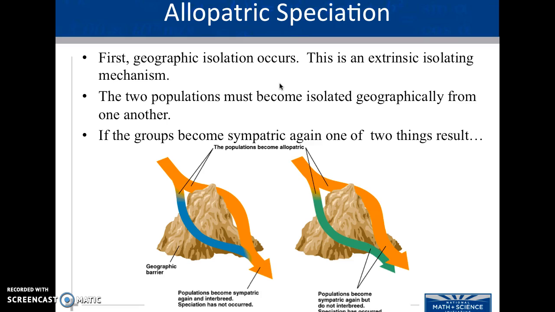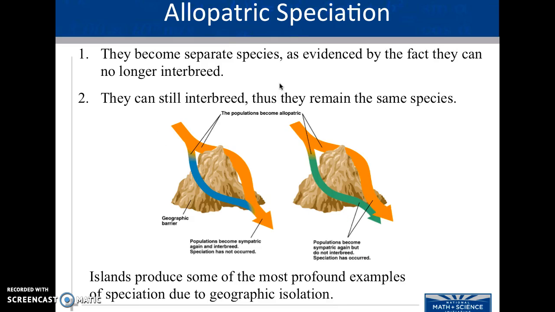When they become sympatric again, or when they resume being in the same area again, two different things might happen. They may have become separate species and they can no longer interbreed, or they can still interbreed and they remain the same species. Usually the second occurs if they have not been separated for very long, or if when they were separated they still resided in very similar areas. The most common type of allopatric speciation is when we see species moving from one island to the next and